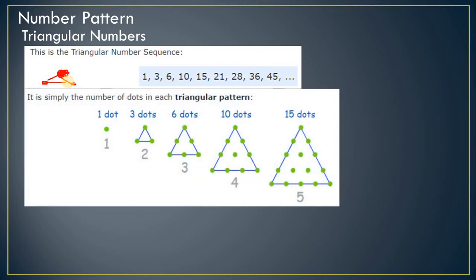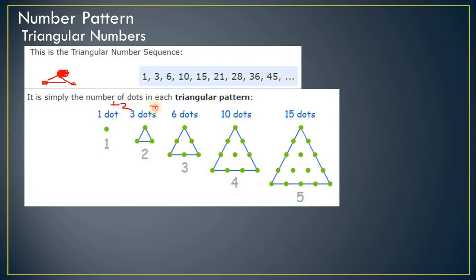You can observe this figure: 1 dot can also construct various shapes like a triangle. With 3 dots, if you add 2 extra dots there, you will get the triangle. To this 3 dots, if you add the next 3 dots, you will get the triangle. Same here and same in the last figure. So here there is a simple logic, dear student. Here there is 1 dot. If you add 2 you get 3 dots, so you will get the triangle.